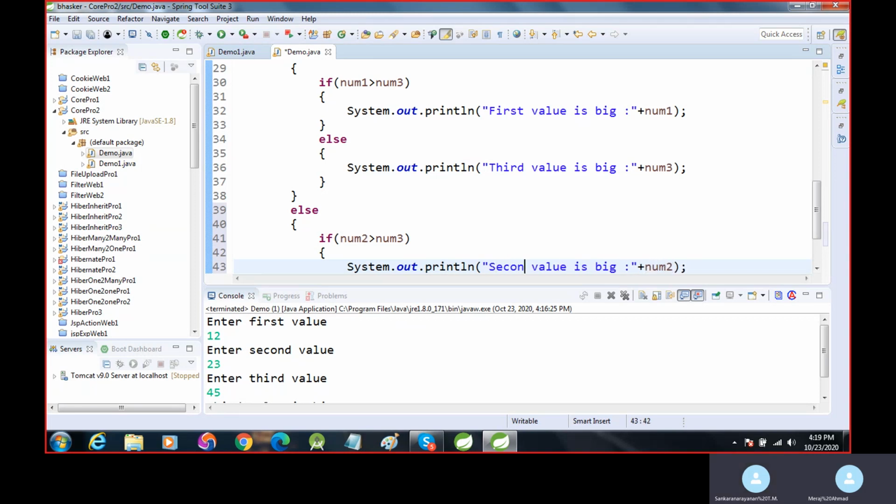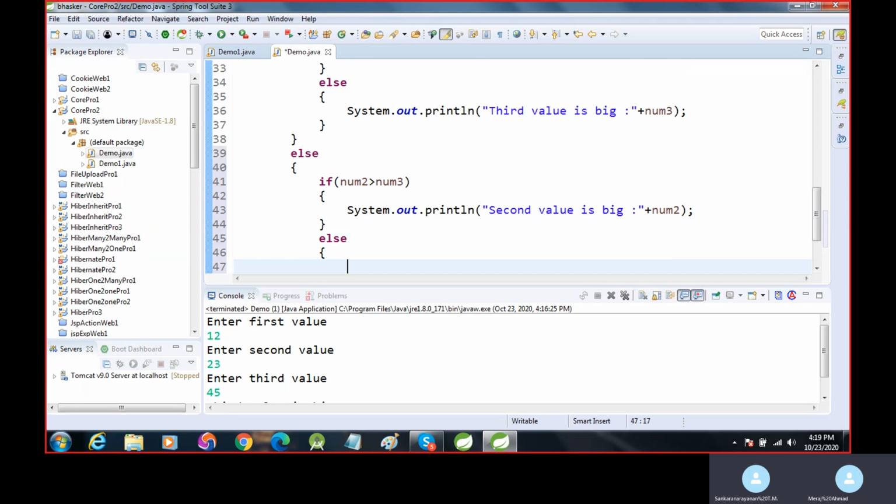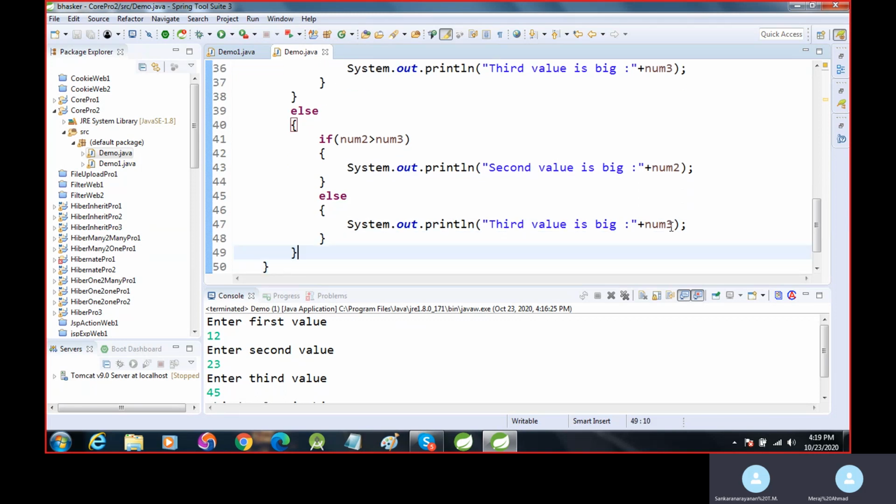The second value is big. Else, the third value is big.